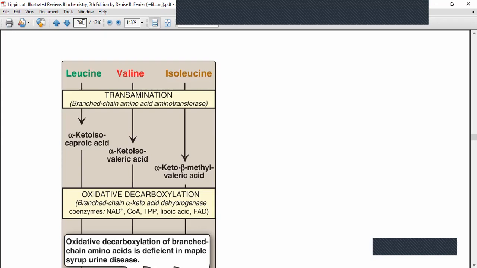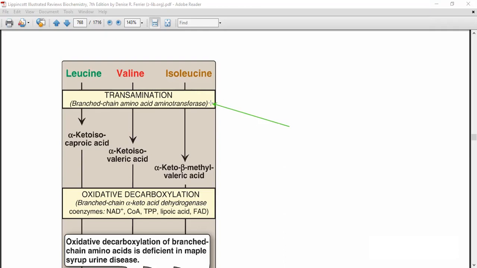So leucine is strictly ketogenic, valine is glucogenic, and isoleucine is both. They will be transaminated. The 3 of them are transaminated by the enzyme branched chain amino acid aminotransferase. We transfer their amino group to alpha ketoglutarate, and after transamination, they form their respective alpha keto